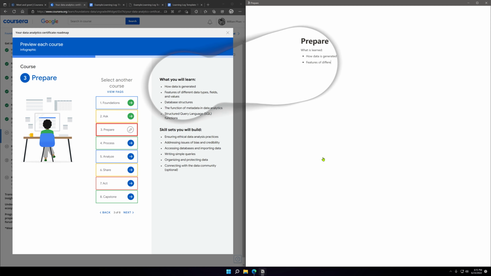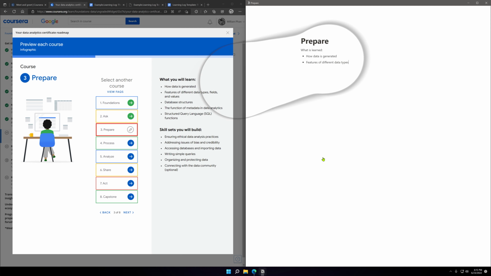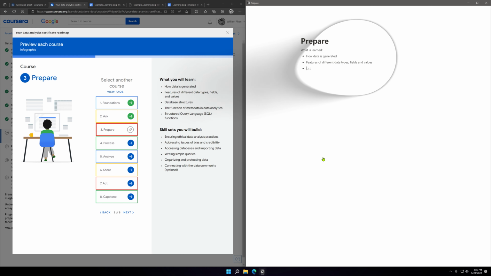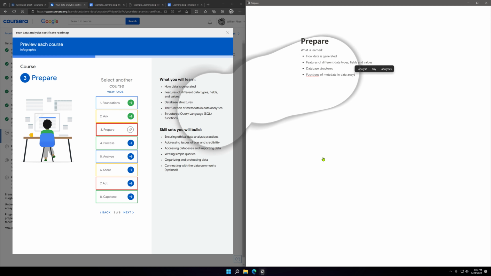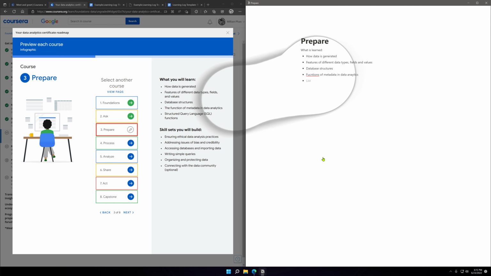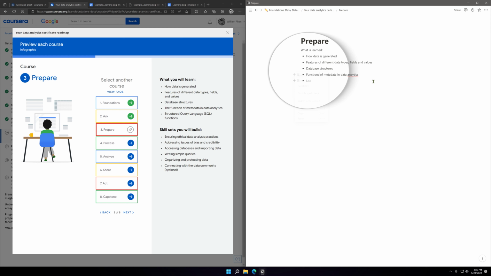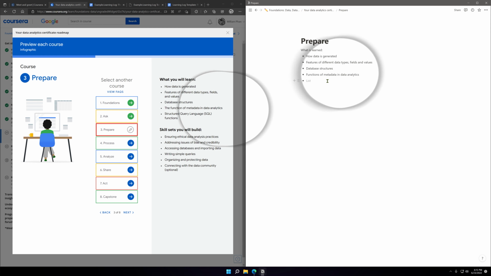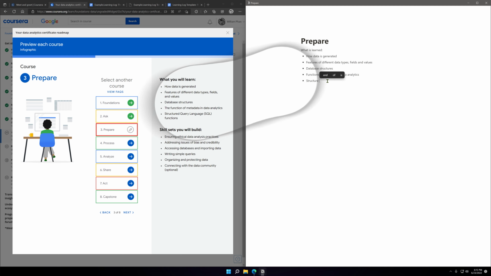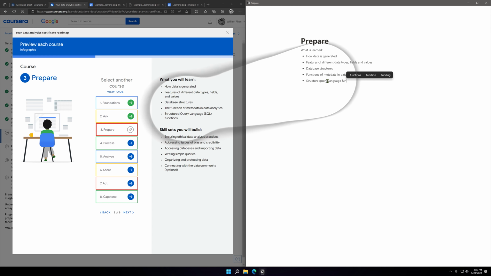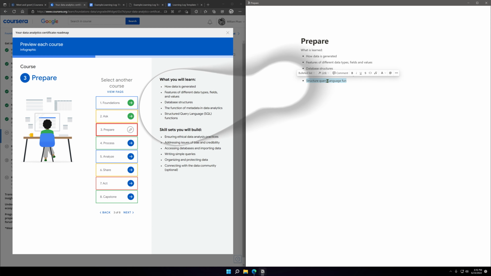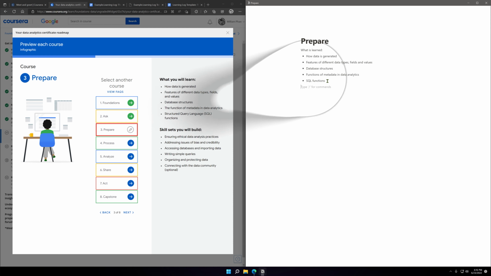Different data types, fields, values, database structures, use of data in data analysis or data analytics. Structured Query Language. SQL functions, how about that?